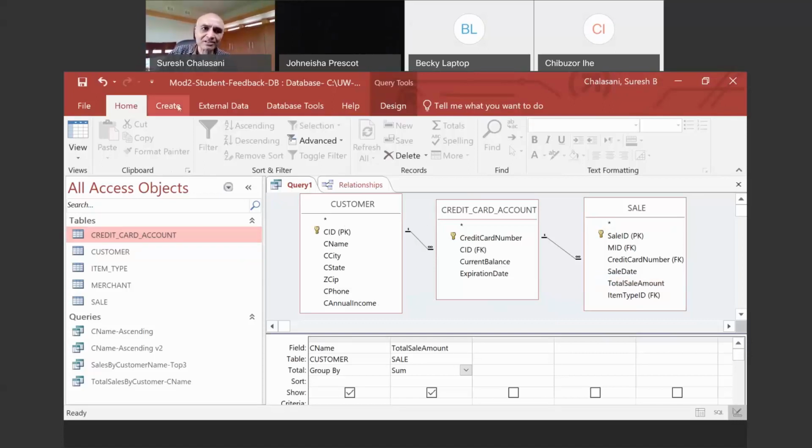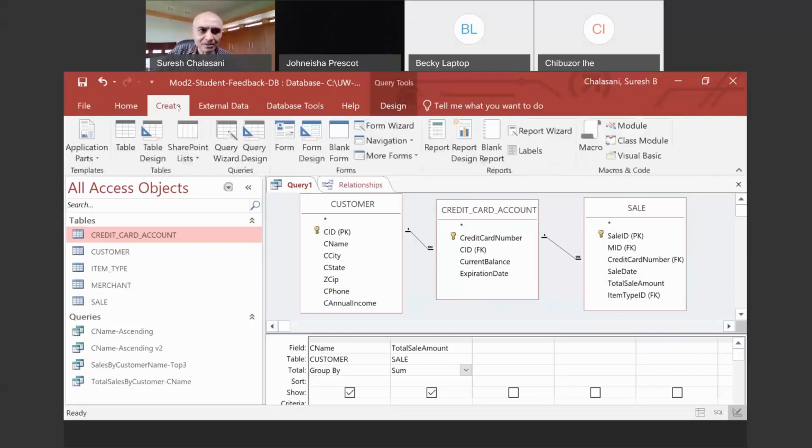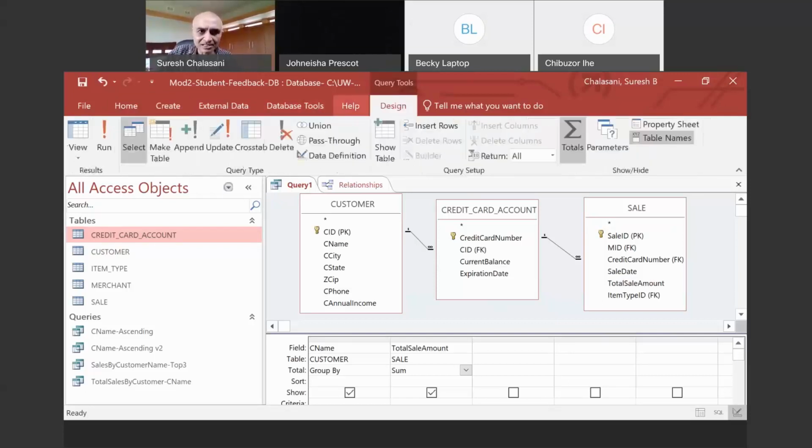Now, if you run it, you would see the correct results, right? So we have done CNAME, customer, group by, and then we use the totals, and we use the sum function here, and then we are also going to use the sort by CNAME.